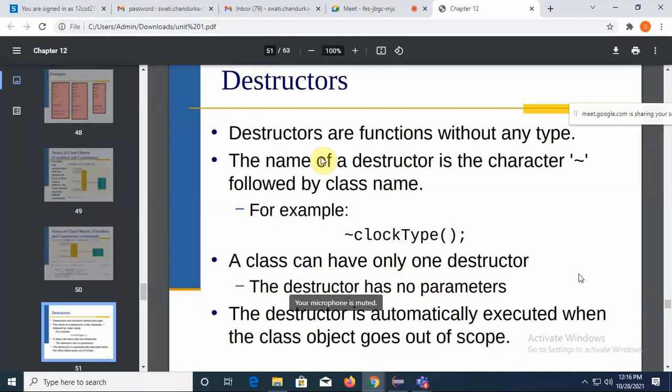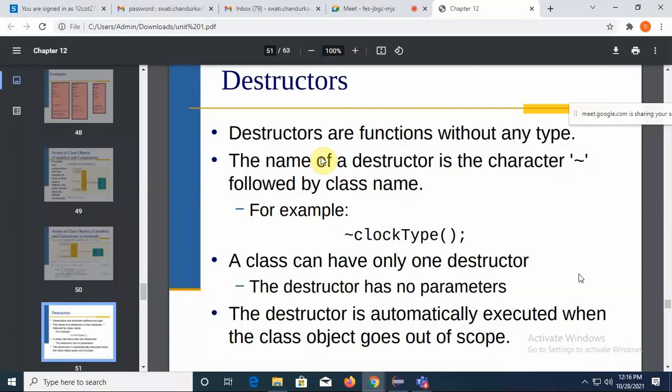Now the question arises: when is the memory deallocated? The memory is deallocated once the scope of that particular variable or object comes to an end. Suppose I had declared a particular object inside a function and I'm writing a statement for creating an object.